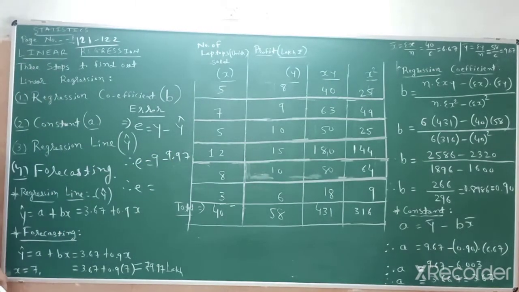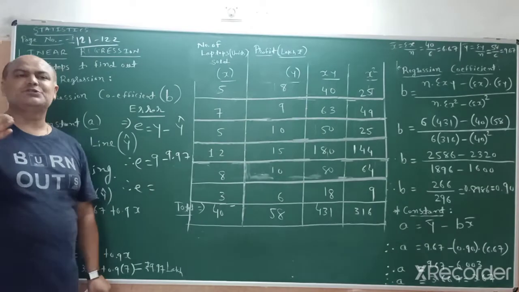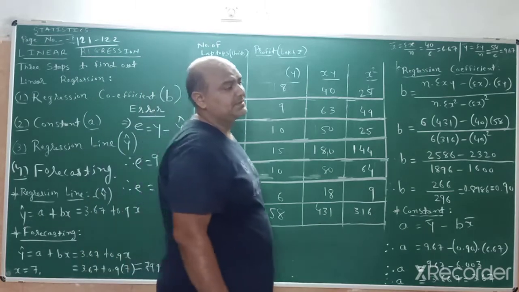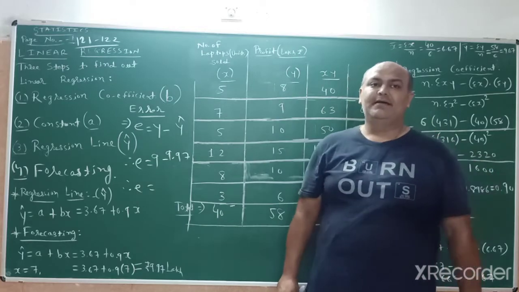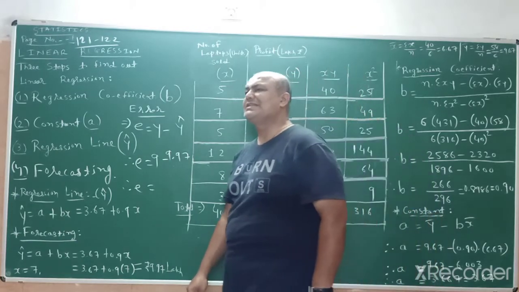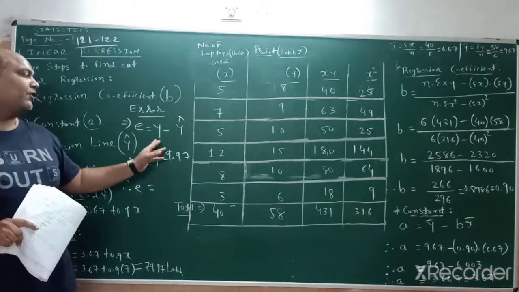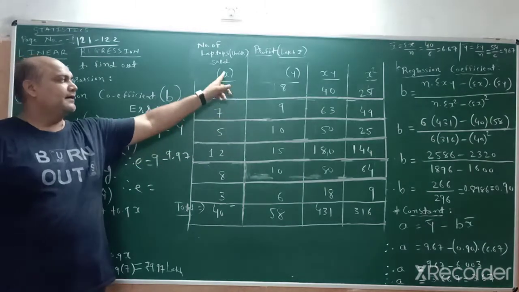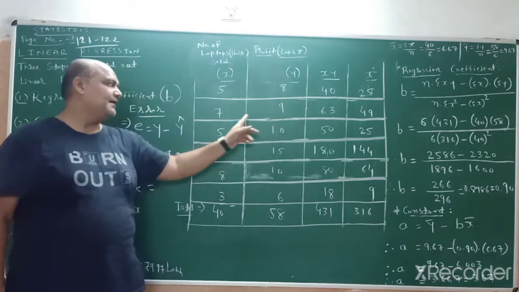9 minus 9.97. I repeat this. This error point is not in the previous sum, previous question, or not asked in all the sums. But here specifically in this particular sum, they ask to find the error. Error means y minus y cap. Whenever we take samples, there is a chance of some error. So when they ask to find the error, then we put this formula y minus y cap. Y means whatever the value of y is for x. X is here 7. So before that particular x, the value of y is 9.